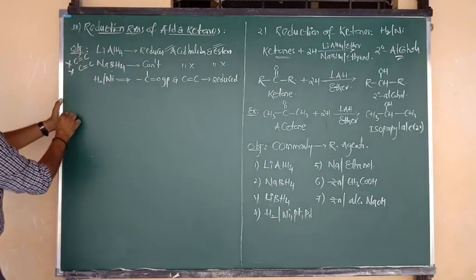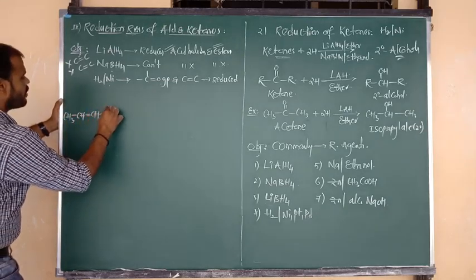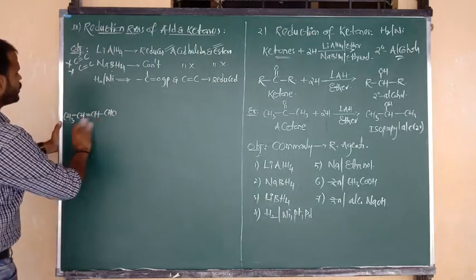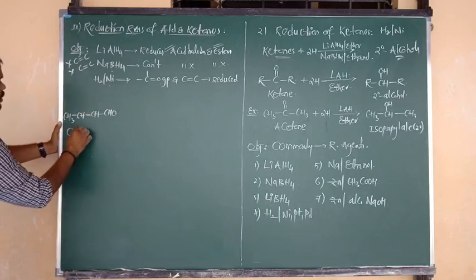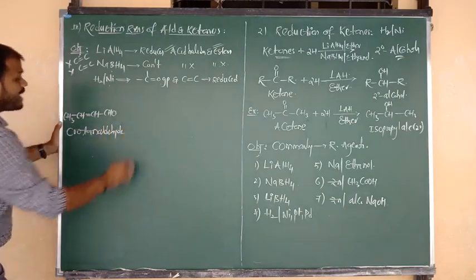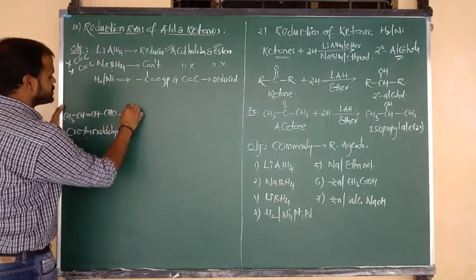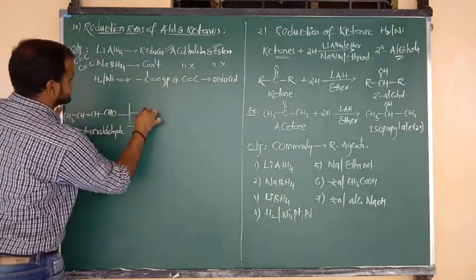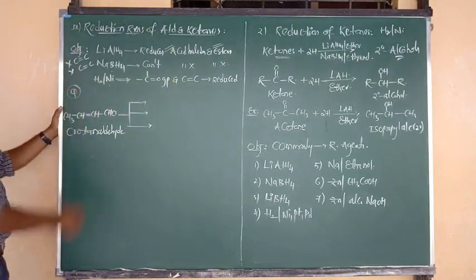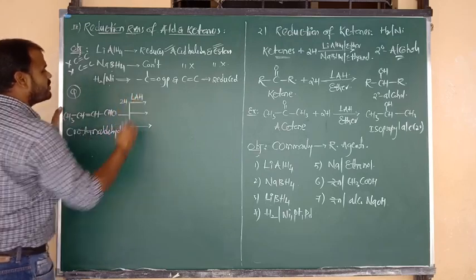Okay beta, right. CH3 bonded to CH, double bond CH bonded to CHO. This compound I have already given you in the nomenclature chapter. The compound name is crotonaldehyde. Which compound, beta? Crotonaldehyde. So crotonaldehyde undergoes hydrogenation using three reagents. Reagent number 1, this is the question for objective, very important. Addition of hydrogen takes place in presence of lithium aluminum hydride.